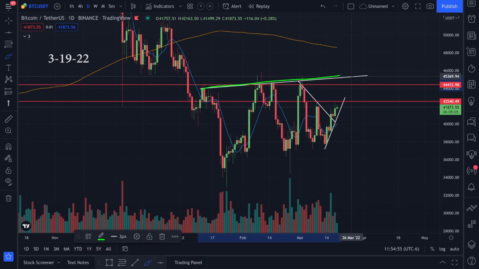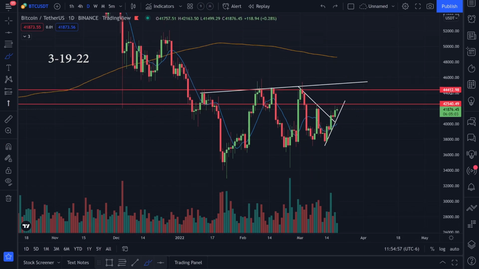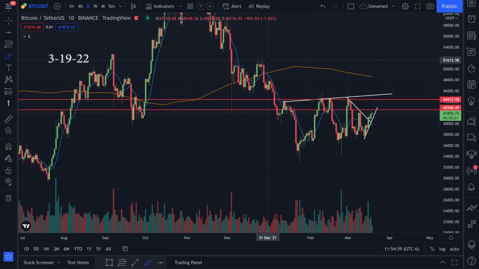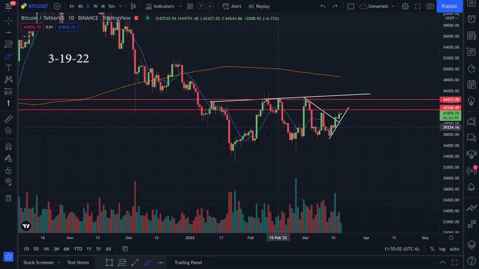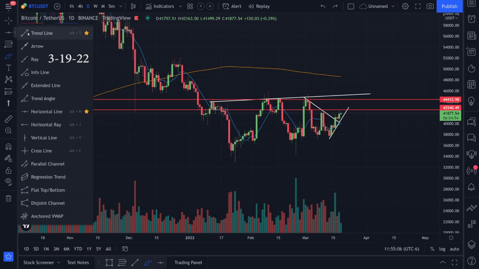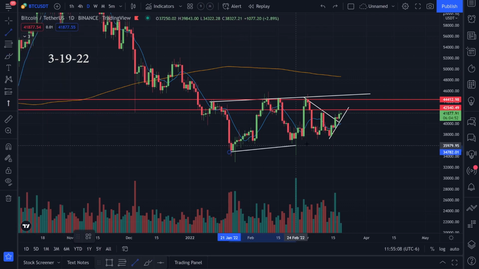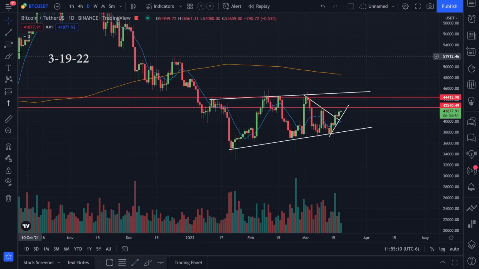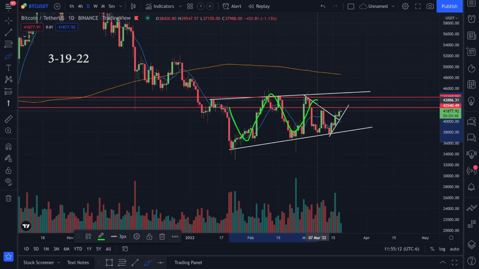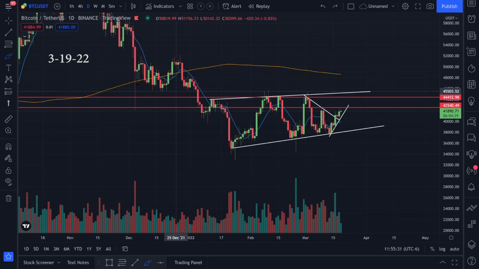And if we could break above that, then I'll get more confident on looking at the next previous resistance, or even possibly a pattern target from this little channel here. Let's go ahead and draw the bottom of this little channel. We have something like this. We're bouncing in between these two trend lines, and I think if we break this top trend line at around 45,000, then maybe we can target from the top to the bottom of this channel, maybe something like this,